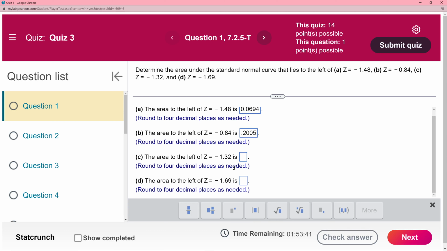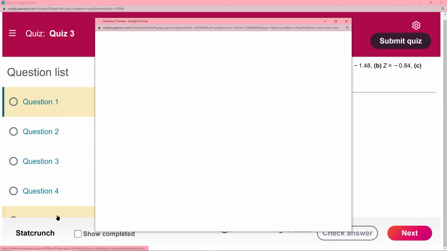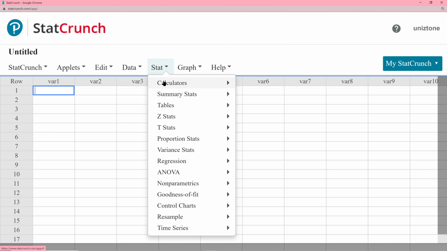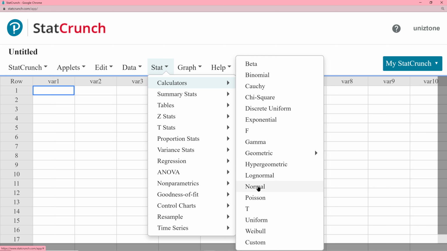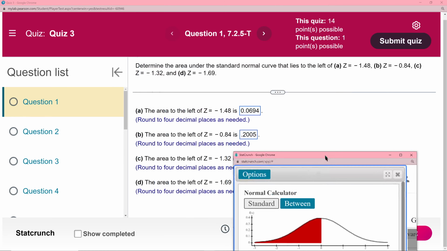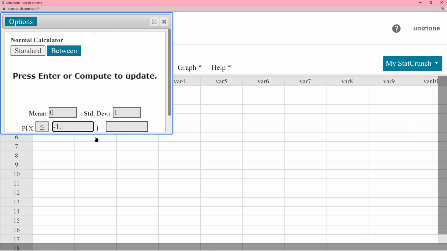It gets a little wild when they start talking about the area to the right, the area in between. That's where you kind of have to know what you're doing. We could pull up StatCrunch. It's under calculators, and it would be under the normal calculator. And here the mean 0, that's standardized. We're looking for the area to the left of this number, so we could put in, let's see, the other one was negative 1.32. So let's put in negative 1.32, and then just hit calculate